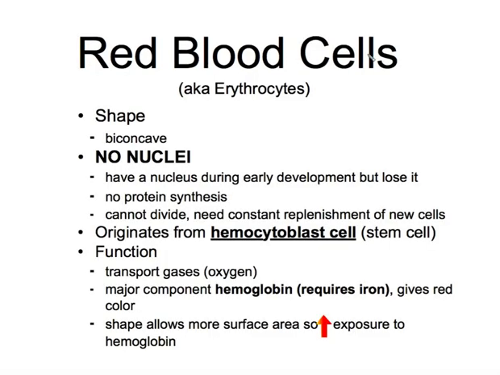Your red blood cells are also called erythrocytes. So our scientific term is erythrocytes. They have a shape called biconcave. Bi being two, concave referring to the shape. And so caves,